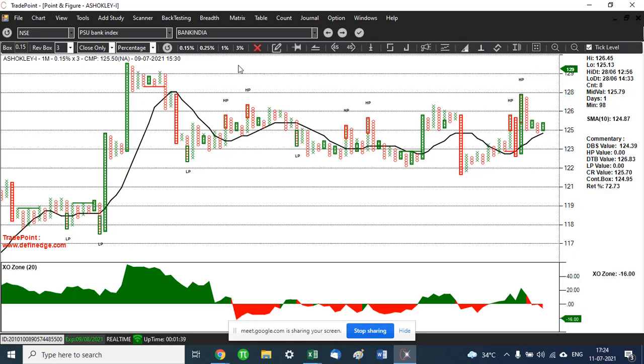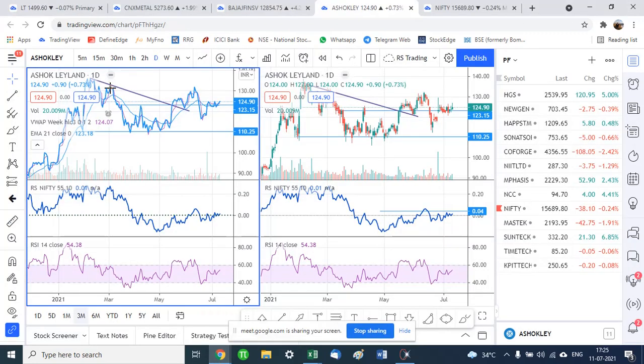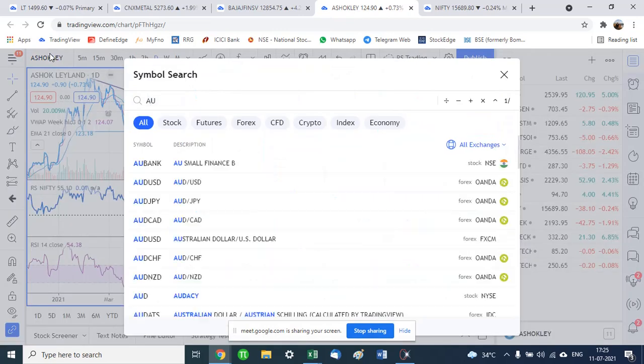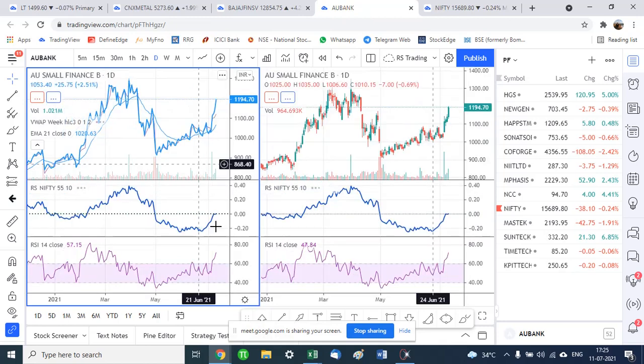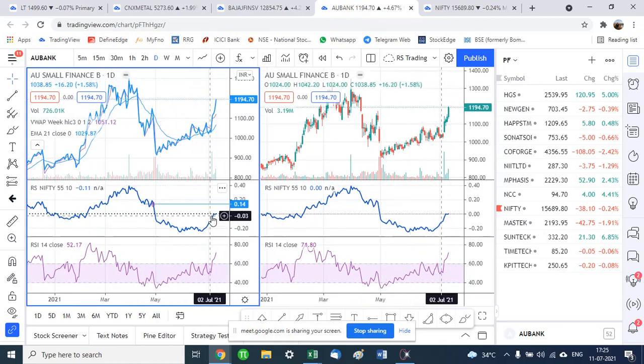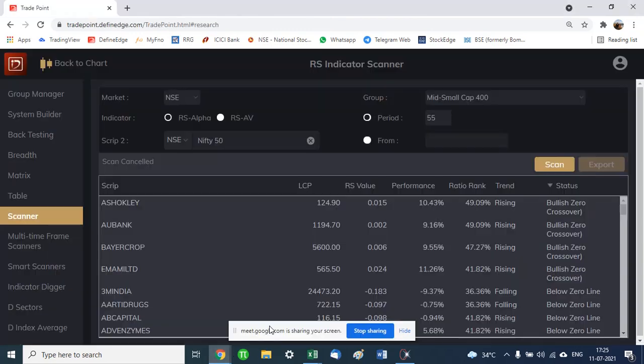There is a high pole in place. At the very least, we want this high pole to have a breakout from the 45-degree trend line before we buy. But this can at least give us those stocks which are starting to come above the RS zero line, and we can keep our eye out on them. For example, AU Bank. If we look at the AU Bank chart, on our framework for relative strength, we find here it was below zero all this while, just starting to come up above zero. So this is a scan which shows us when the stock is just starting to turn bullish. It can be on a watch list and we can buy when we see a price breakout.